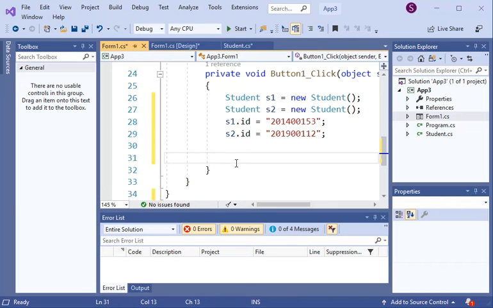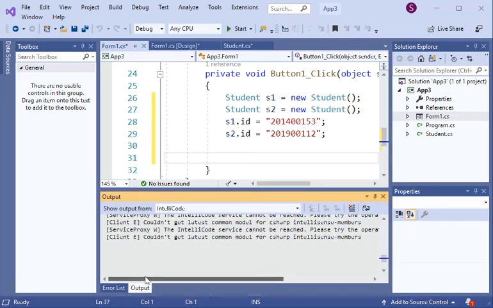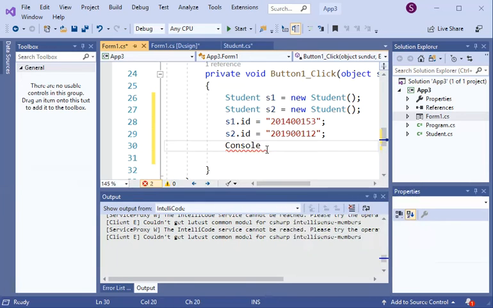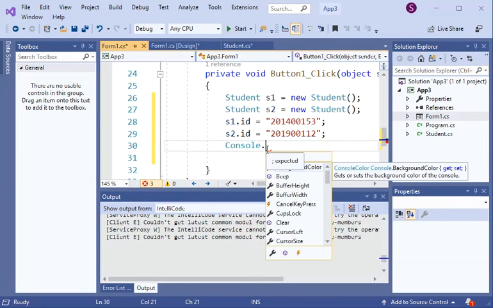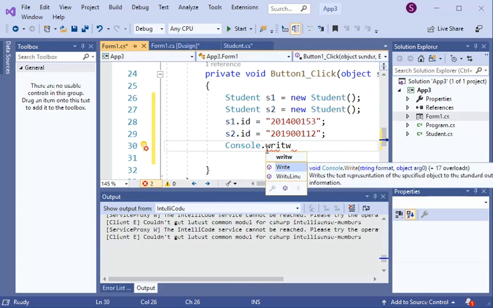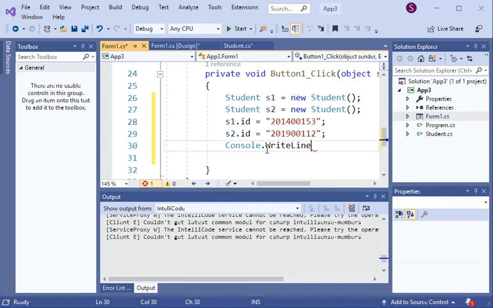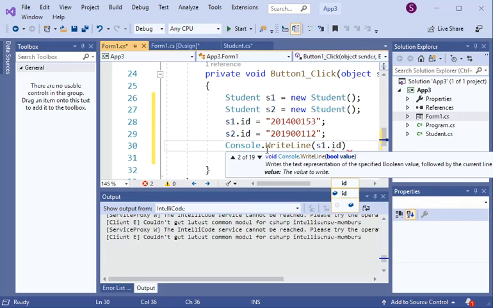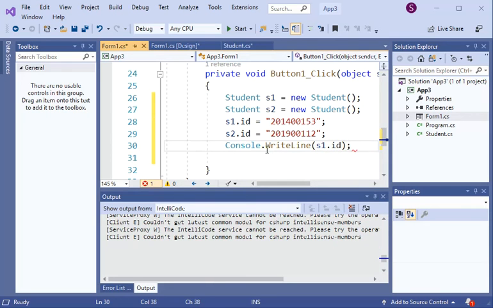I can use the console here. I can put whatever. So let me show you the console. Any print you can see it here. And here, if you want to print S1, because this belongs to S1 dot ID, you print the S1 ID, or S2 also. So if you run it now,